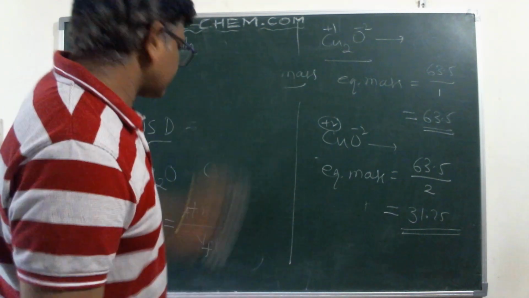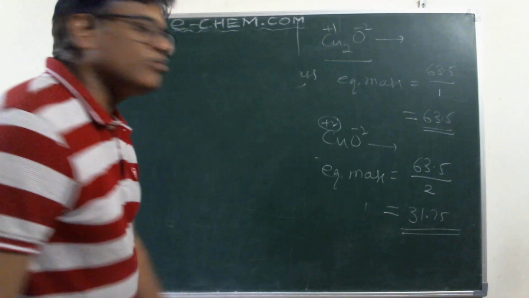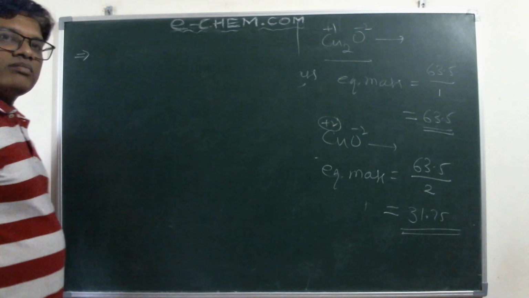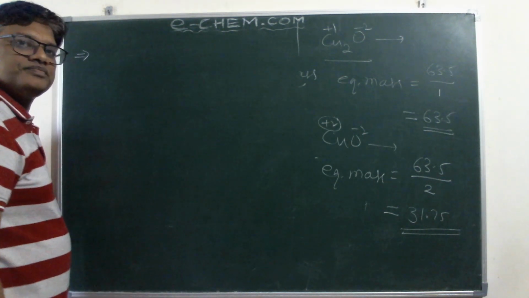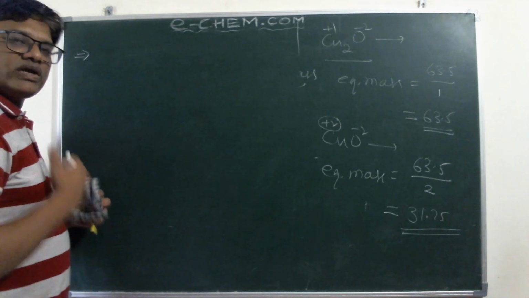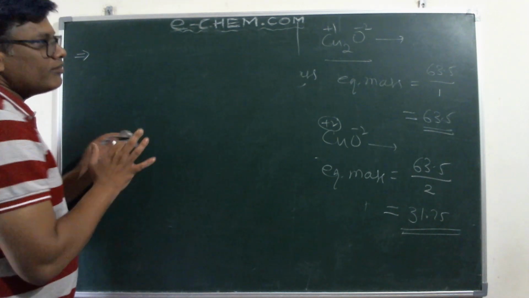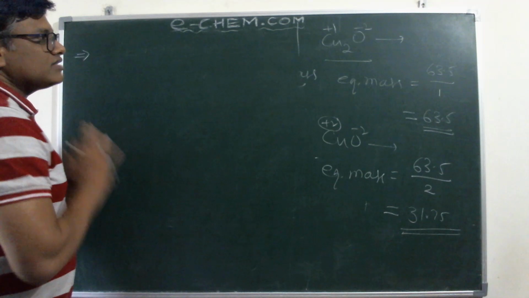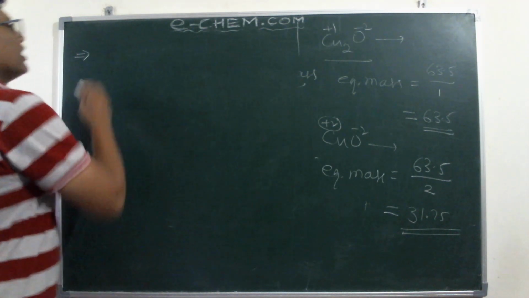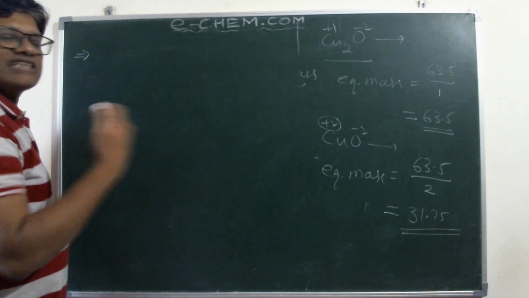Now I want to calculate equivalent masses for various compositions. If I want to calculate the equivalent mass of the elements from the given compositions, or the equivalent masses of the compounds, various formulas are given. Let's have those formulas and the calculation of equivalent masses. Now I want to calculate the equivalent mass for acid compositions.